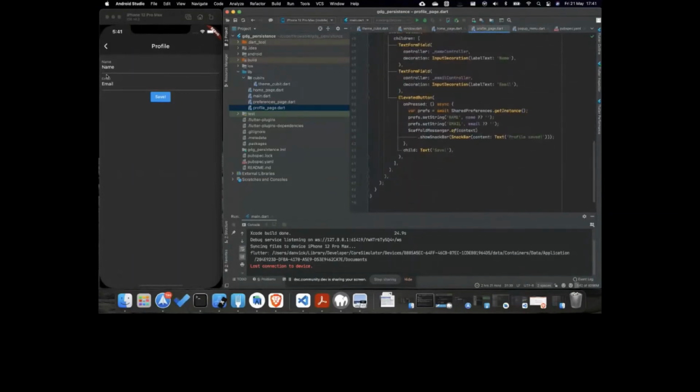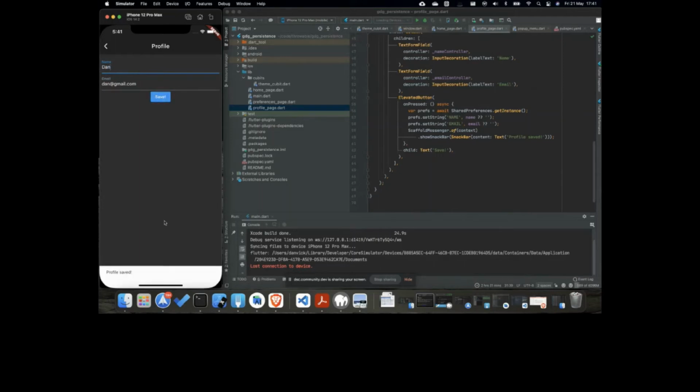Again, we are able to edit. Let's say, for example, here I have a very long email. So let's say my email is done@gmail.com, and my user is done. So I just save, and we have here a snack bar that just notifies us that the information is saved. And once it's saved, if I quit the app and come back again, it will have saved, because we have